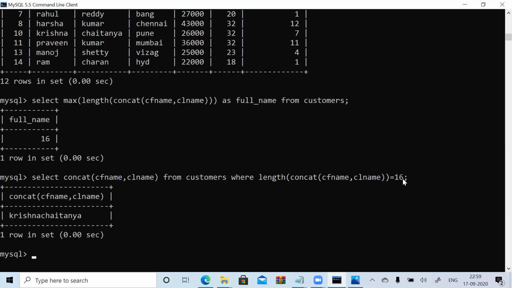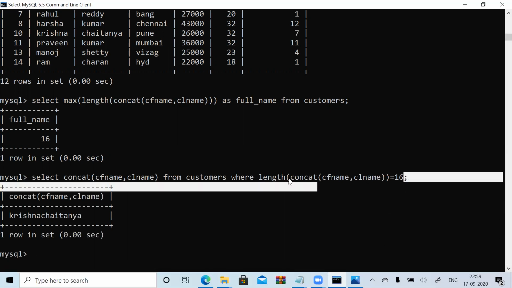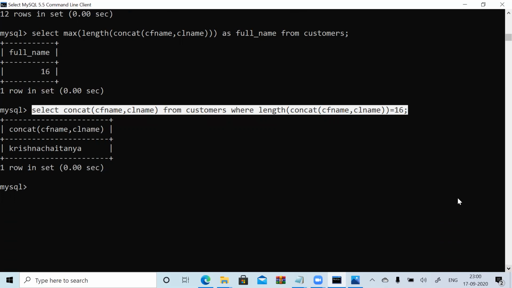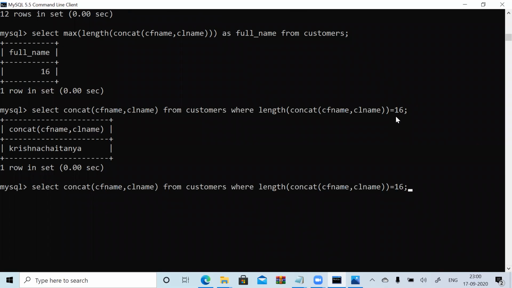Now suppose I'm having millions of records, right? Again, why do I need to write 16 again? If I don't know it, directly I need to use some nested queries now. So how to find out the 16 number? Nothing but max of length, right? Now let me try to check how I'm going to write the same thing by using nested queries. See how I'm going to write this nested. Instead of 16, where concat of length.